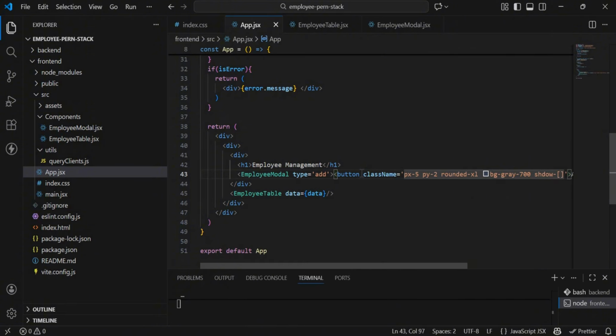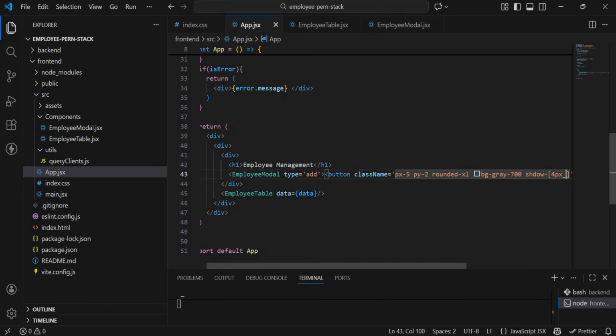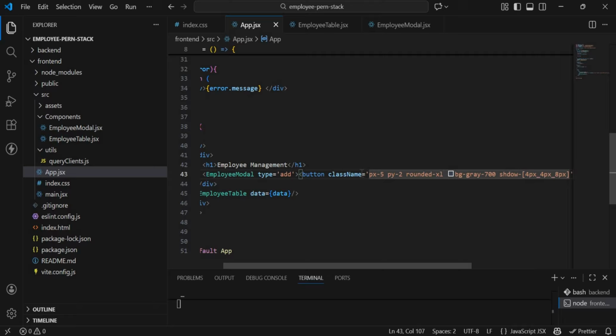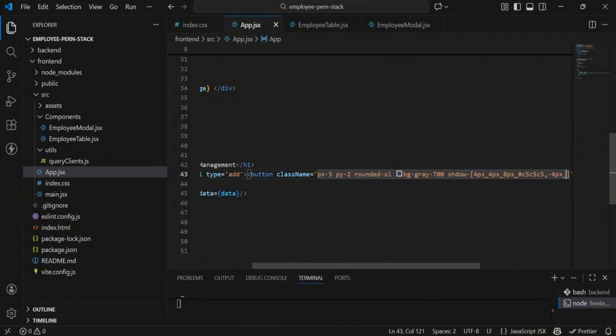So this would take 4 pixels underscore 4 pixels underscore 8 pixels underscore this color code C5, comma, minus 4 pixels underscore minus 4 pixels underscore 8 pixels